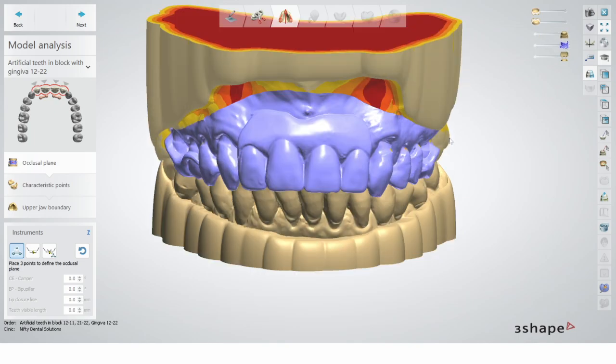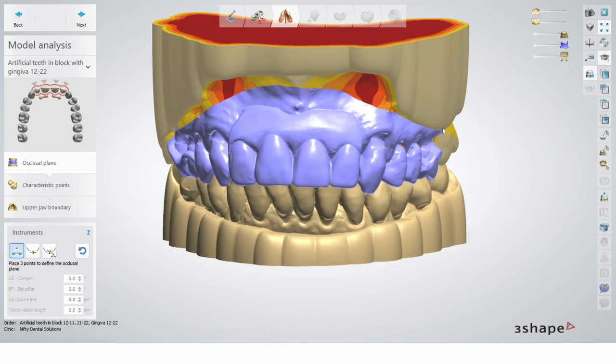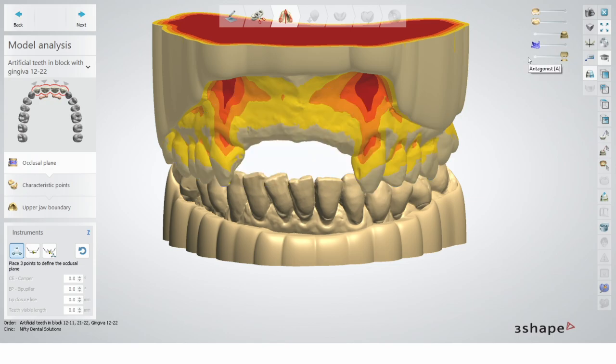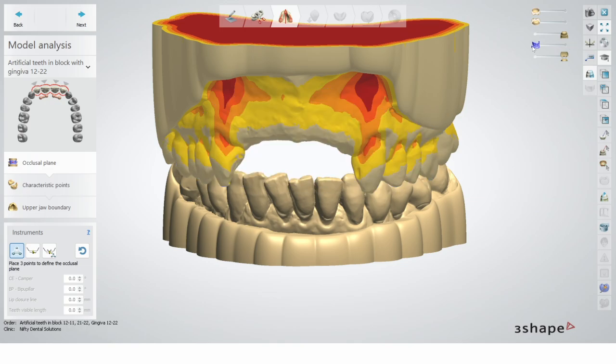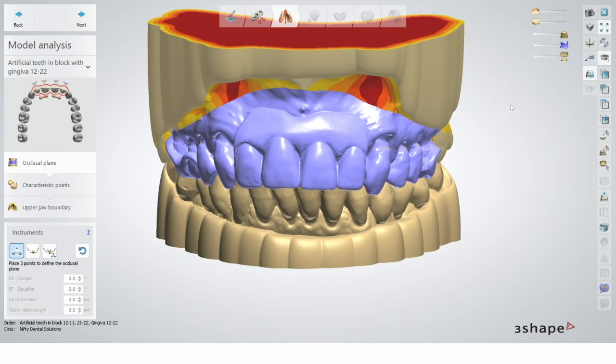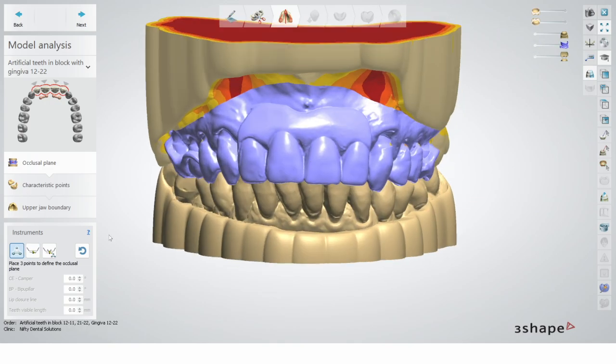However, if you don't have the wax stream or you don't have this kind of scan, you can import the working model twice. In this case, it's the upper, because it's always going to ask you for the wax stream. The partial module is kind of like the full denture module. It's exactly the same, essentially. So it's always going to ask for a wax stream. And if you don't have it, just import the upper twice or the lower twice. It's not going to make much difference.